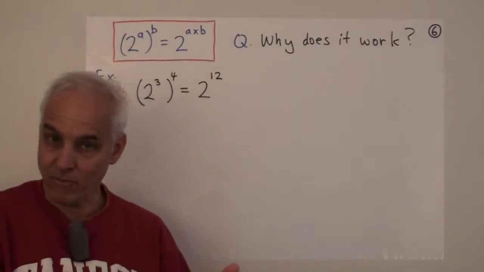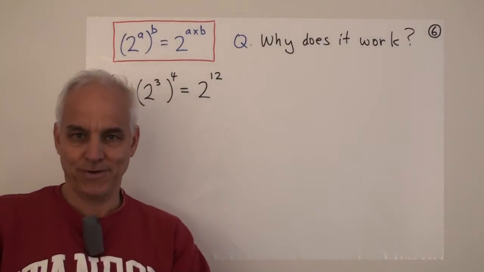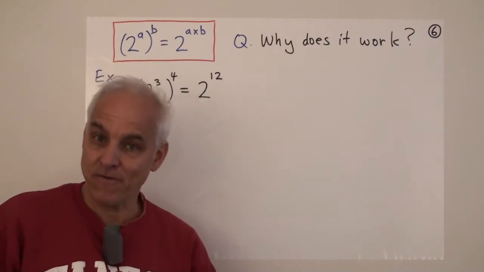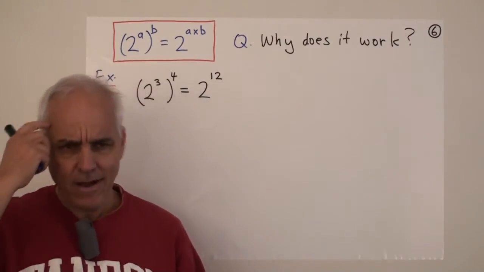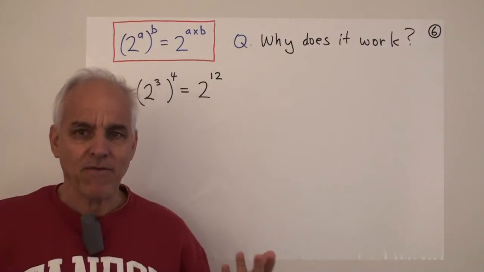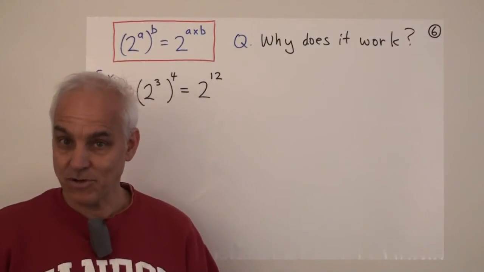So here's another example of a rule, and we would like to understand why the rule is true. And when I say understand, I mean in the way that you could explain it to one of your friends. One of your friends asked, I wonder why that rule is true. Is it just magic? Why should I believe that? I hope you can explain it to them. And here's how perhaps you could go about it.